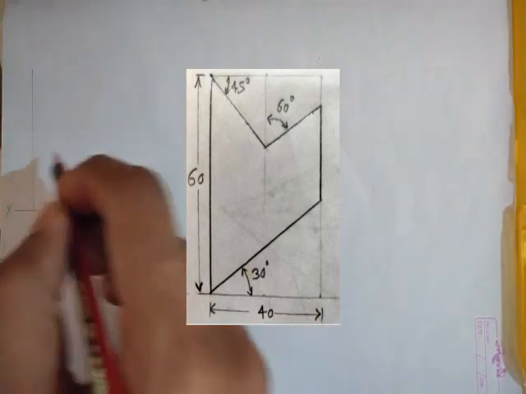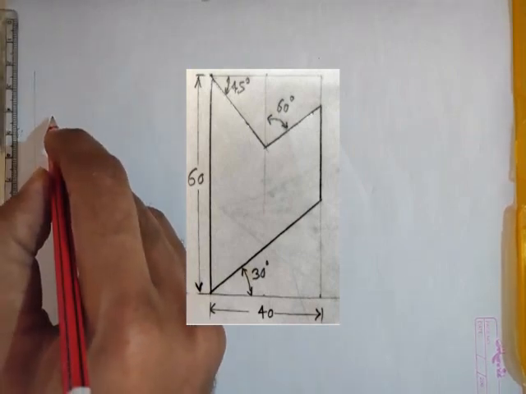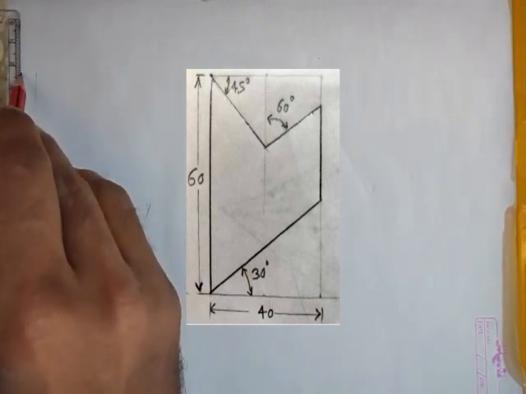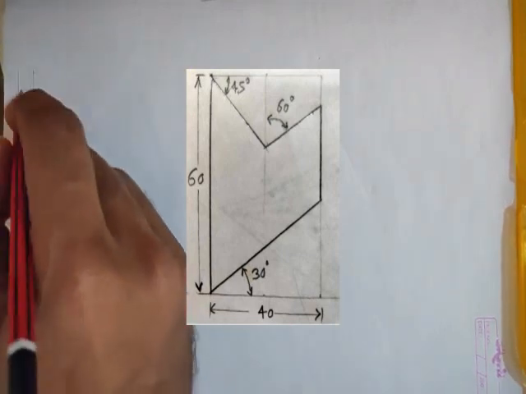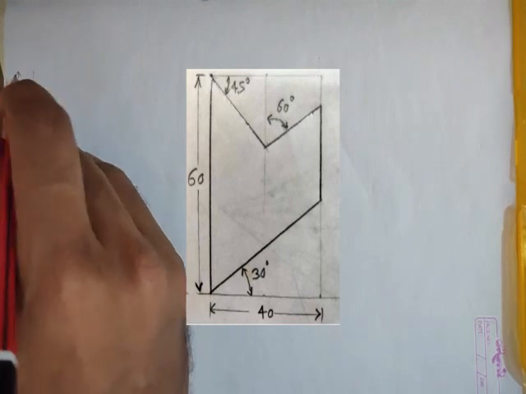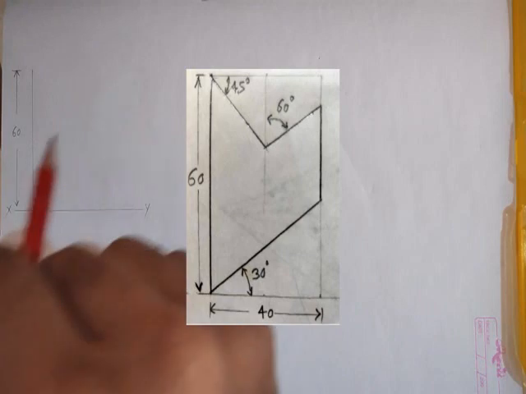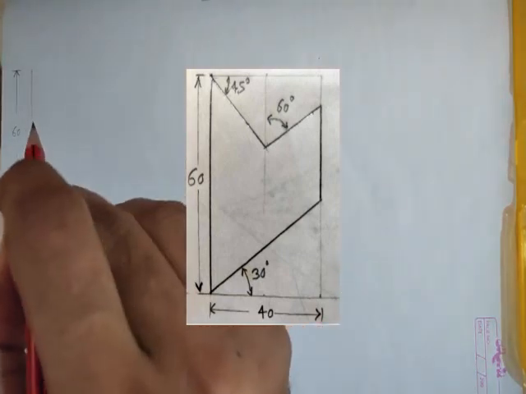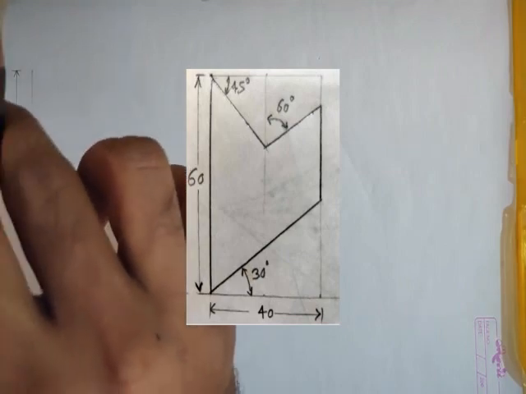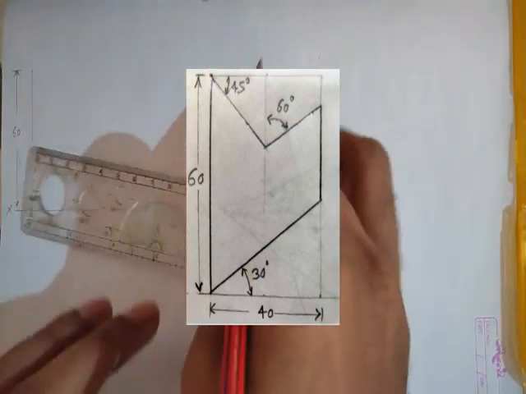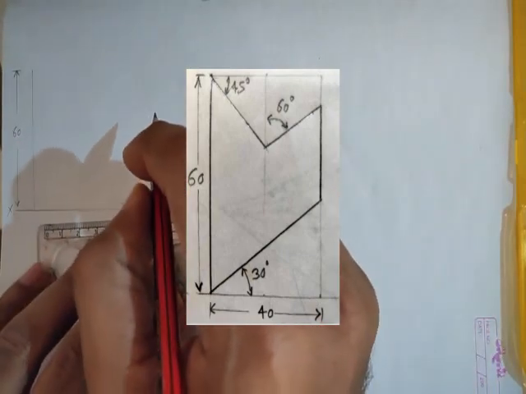I'll use very thin lines because I need to highlight the development of lateral surface of the intended portion, that is the in between portion, clearly. So I'll only be highlighting the lines for which the development needs to be drawn. So you have the height to be 60, and